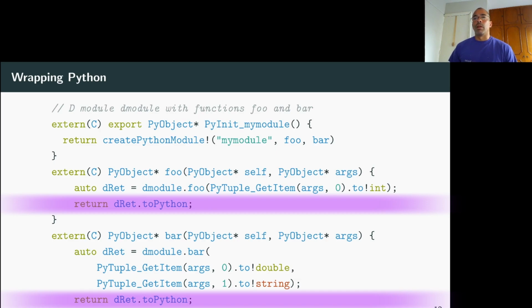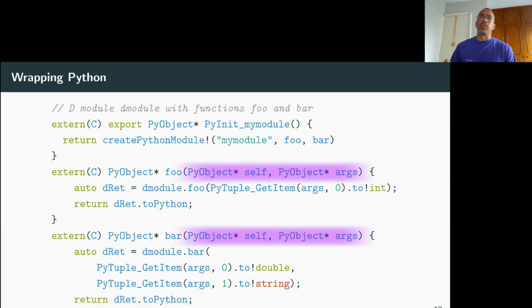For the sake of argument and presentation, let's just assume that these functions exist, and so the conversion functions all exist. The signature of the Python function is like this because self is the module in this case, and args is just the arguments that the person passed into Python. So this is the code we want to write, need to write, compile into an SO so that we can call it from Python. But we don't actually want to write this, right?